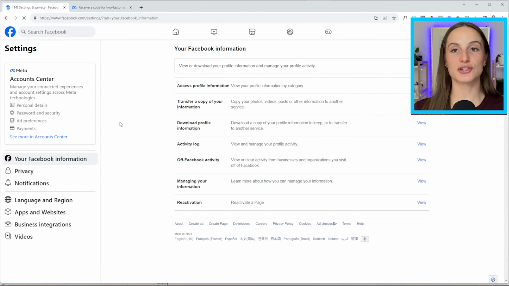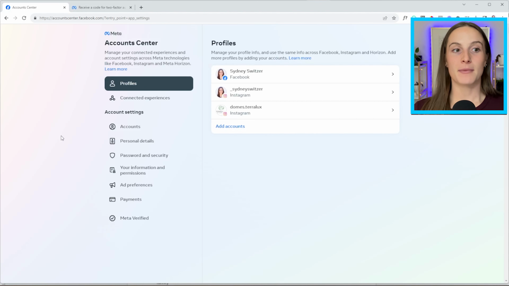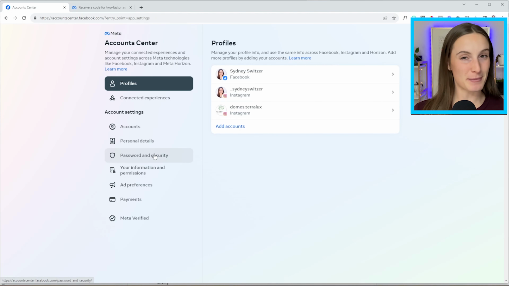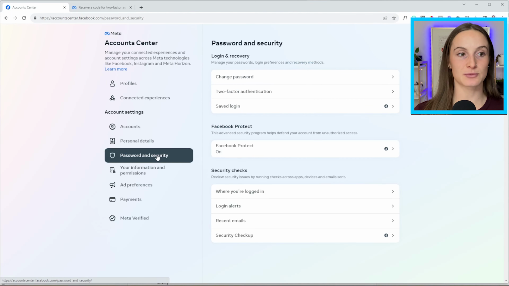Now, Facebook just introduced Accounts Center. So actually these settings are now going to be in this button here, see more in Accounts Center. Now, if you don't have that option, or if your thing looks a little bit different, basically what you want to look for is password and security. So you might be on the older version of Facebook potentially, but you want to look for password and security,